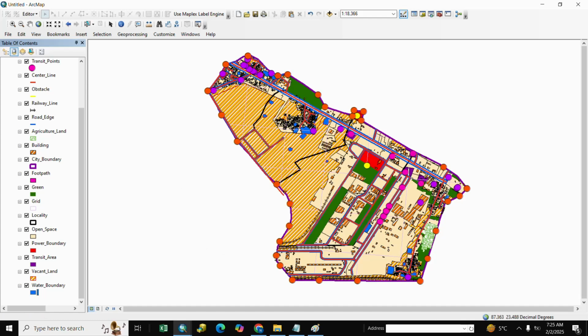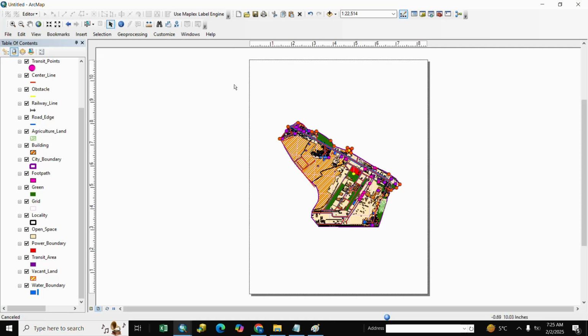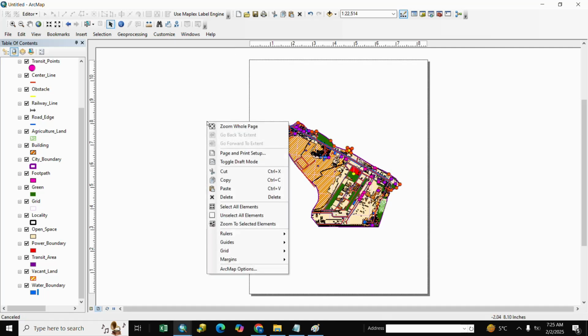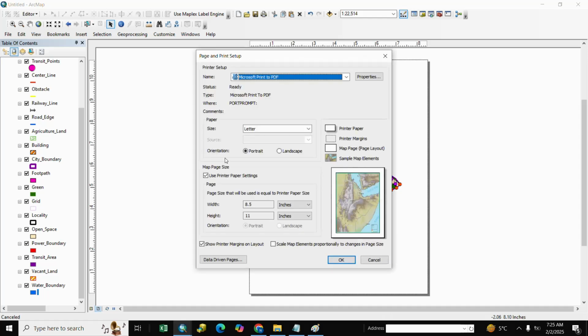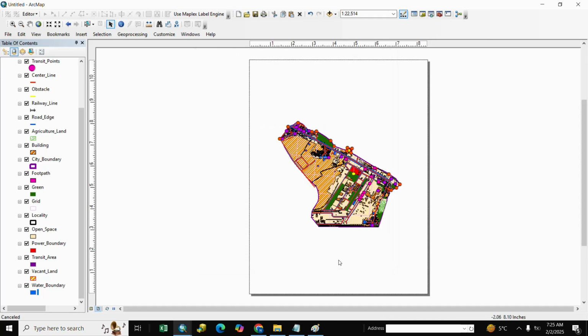We select here all symbology. After symbology, we go to layout view and we right click outside the boundary and go to page setup, and we select here size, we select A3, and orientation, landscape, OK,